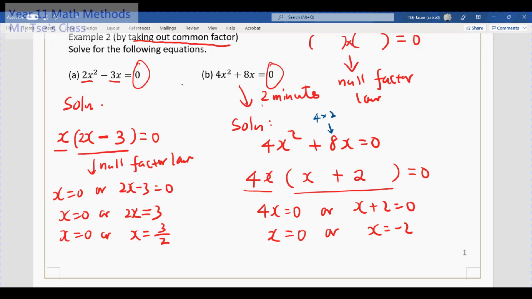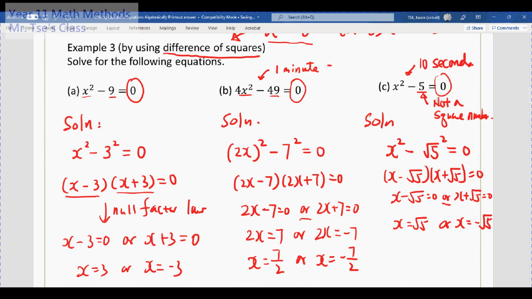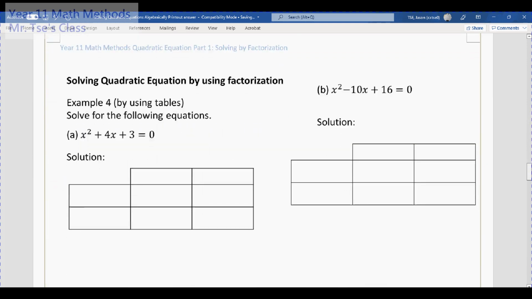You can see there are only two terms, always two terms. That's for example 2, and for example 3 as well. We have only two terms to work with. But generally for quadratic equations, you will see three terms. This is the more general quadratic equation. And how can we do them? Three terms